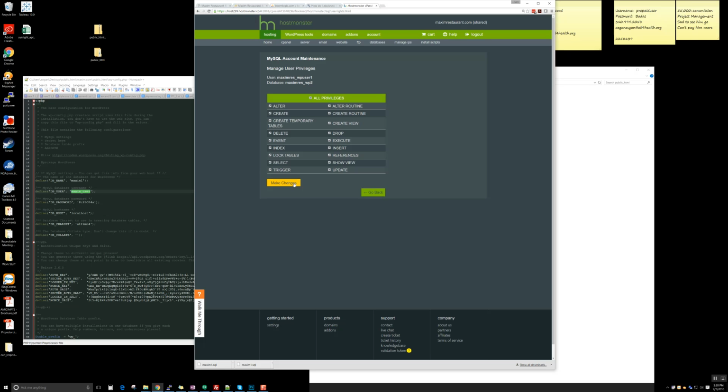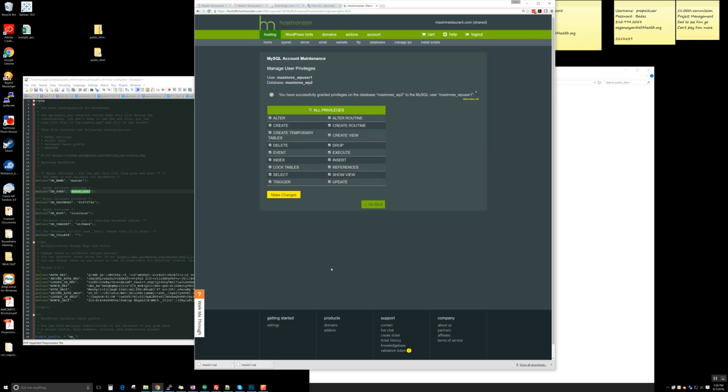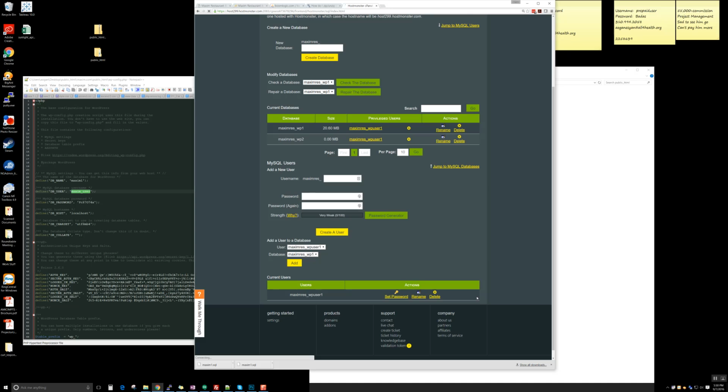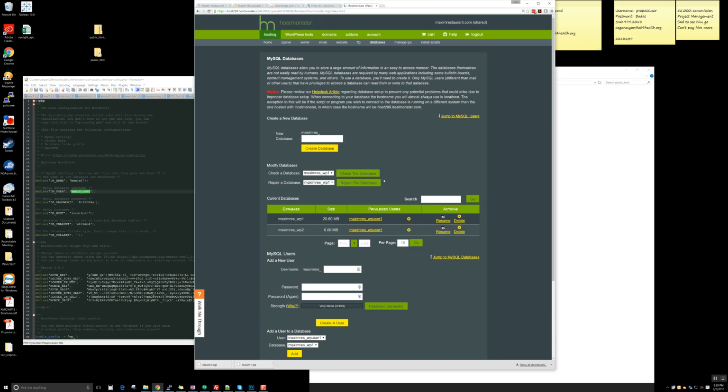The end user never sees this. It's what the website's engine uses to deal with its own database. So it needs all the privileges it can get. So you say make changes. Boom. Now that user has been assigned to that database as well. And now you see privileged user, whereas before it was blank. Now we have this guy in there, right? So now we have a database, we have a user, and what we want to do is go